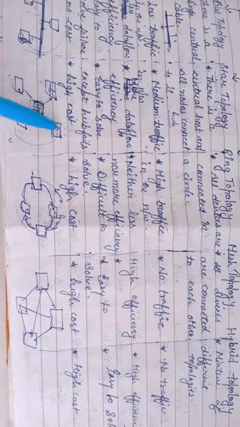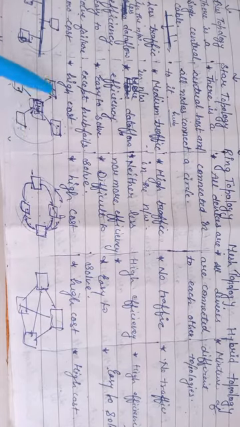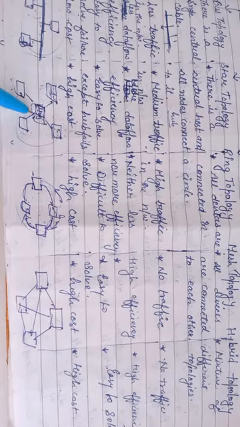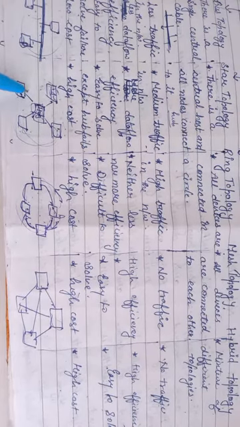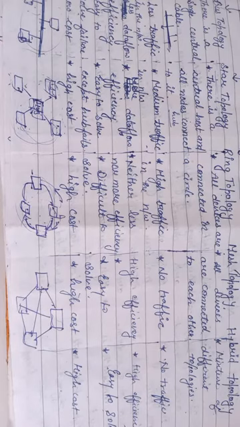Like we can see in the diagram, this is the hub and these are the different nodes that are connected with the hub, and this is the shape of a star in which various nodes are connected and they are used to transmit the data and to communicate with each other.